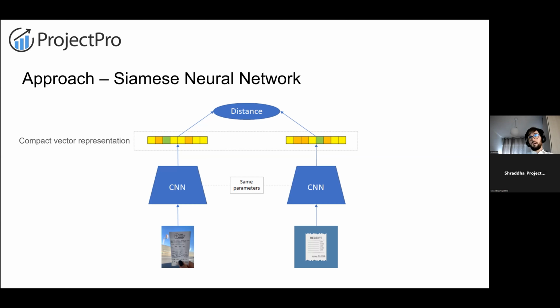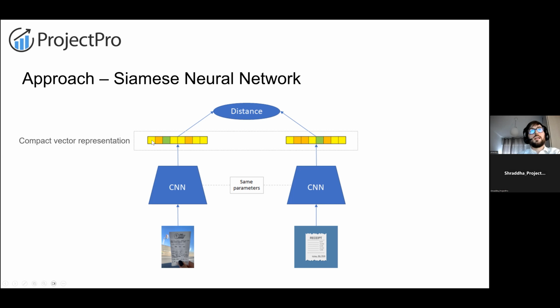So we can see that we have an image on the left, and we put it inside the neural network. In our case, it's a convolutional neural network, since we are using images. This convolutional neural network will flatten the image into this one-dimensional vector of numbers.